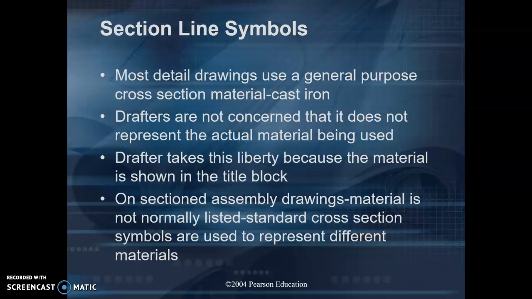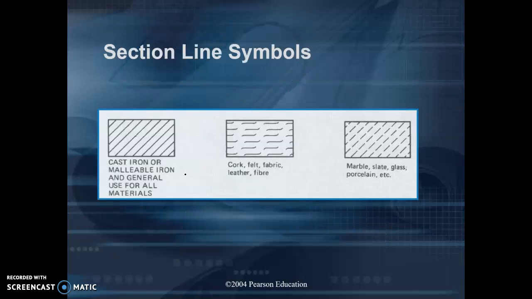So these section lines that we've been seeing, for the most part, have been parallel, diagonal, regularly spaced lines. And that is the type of section line used for most materials, or it's just used as a default placeholder. But that's not the only type of section line that can be used. So here we see the section lines that we've been seeing, used for cast iron or general use for all